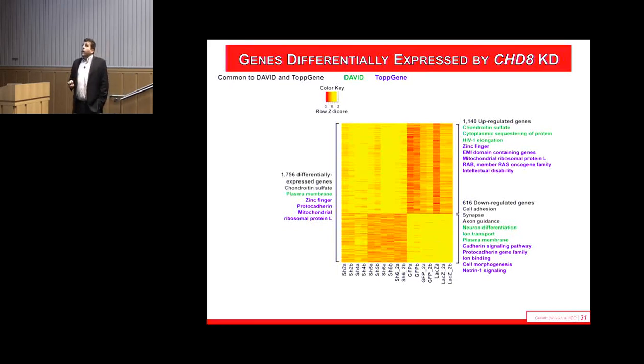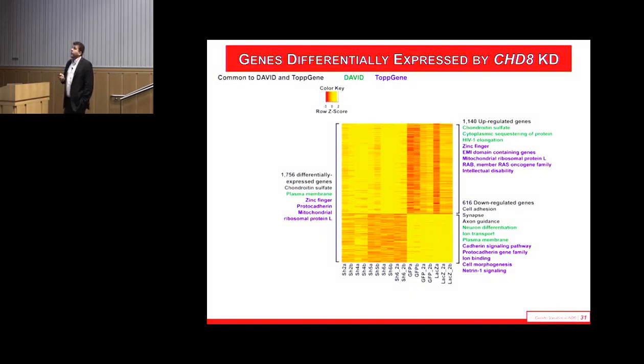Fine. The pathways across all the differentially expressed genes have pretty much nothing to do with neurodevelopment. So here's a gene that we know contributes to autism if you have a loss of function, yet we have pathways that aren't all that related to neurodevelopment. But it turns out if you look at the upregulated and downregulated genes separately, all the downregulated genes are related to cell adhesion, synapse formation, axon guidance, neuron differentiation, all of the pathways that we had been searching for in autism and neurodevelopmental disorders. The genes that were upregulated had more to do with transcriptional regulation and cell cycle maintenance. We did see an association of intellectual disability genes in that group.